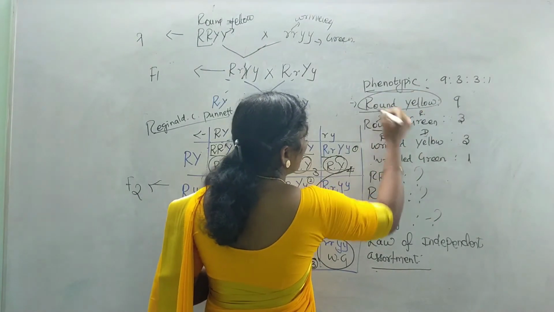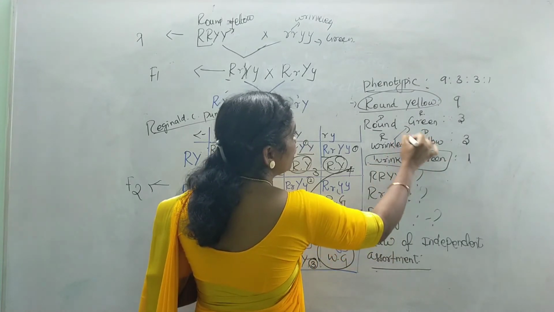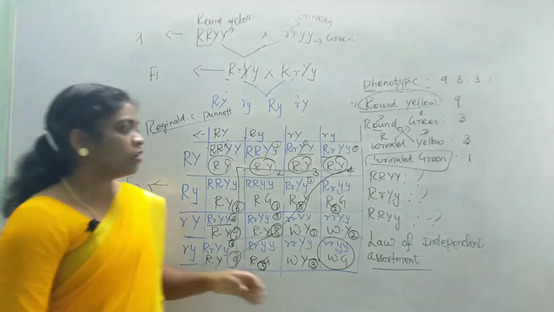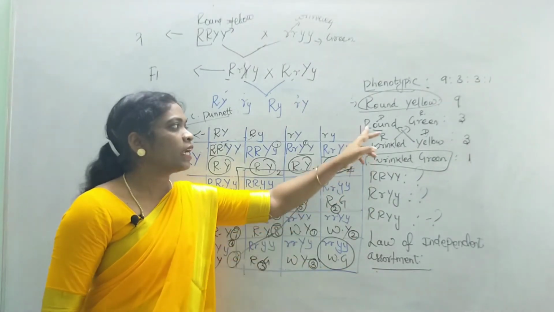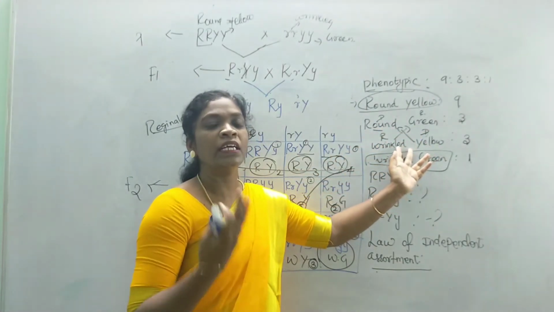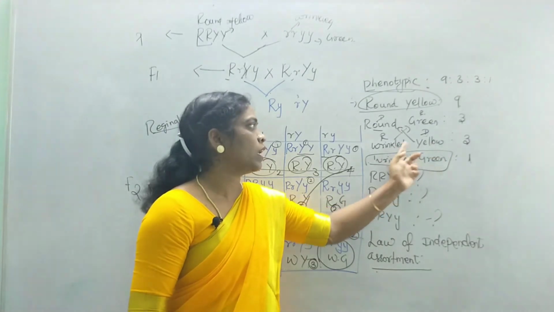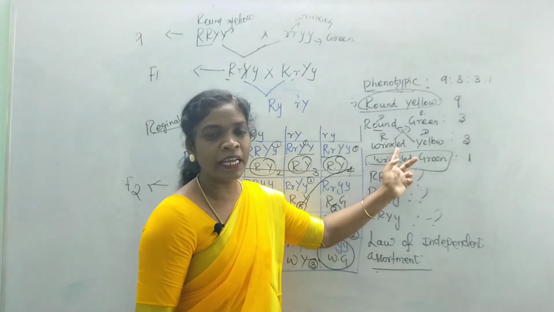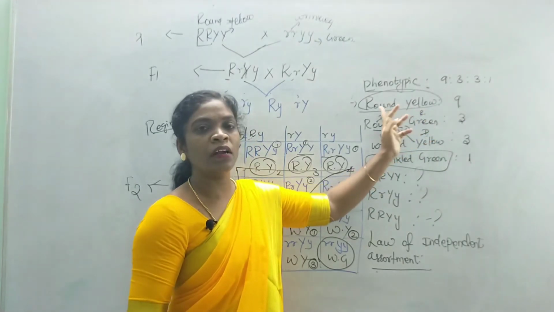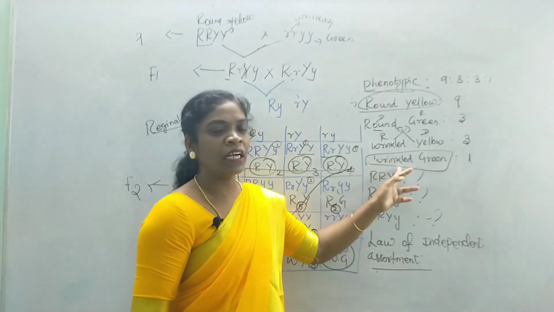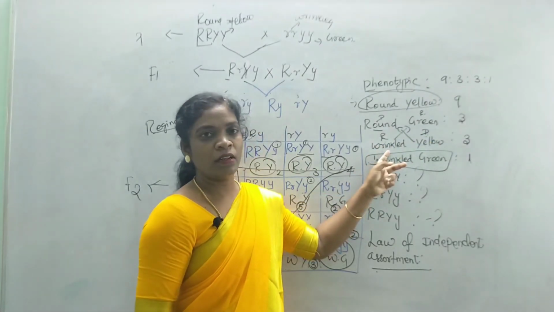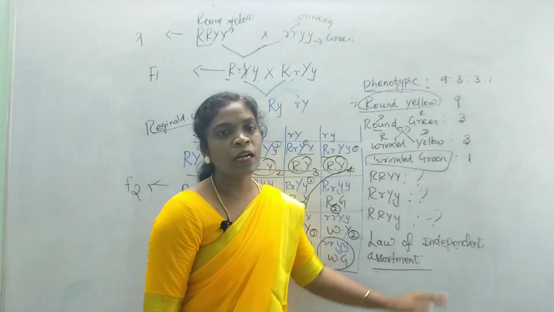So this is a pure form, this is also a pure form, but here you got a cross combination of all these characters. So that is what Mendel found, that during gamete formation, the characters can independently go and join or mingle with the other character. Independent assortment, they can go and combine with any of the characters. They can decide their own partners where they can combine. So it doesn't depend on the other one. So yellow doesn't depend on round, and green doesn't depend on wrinkled. They can make a combination with the round seeds, they can make a combination with the wrinkled seed. This is known as the law of independent assortment.